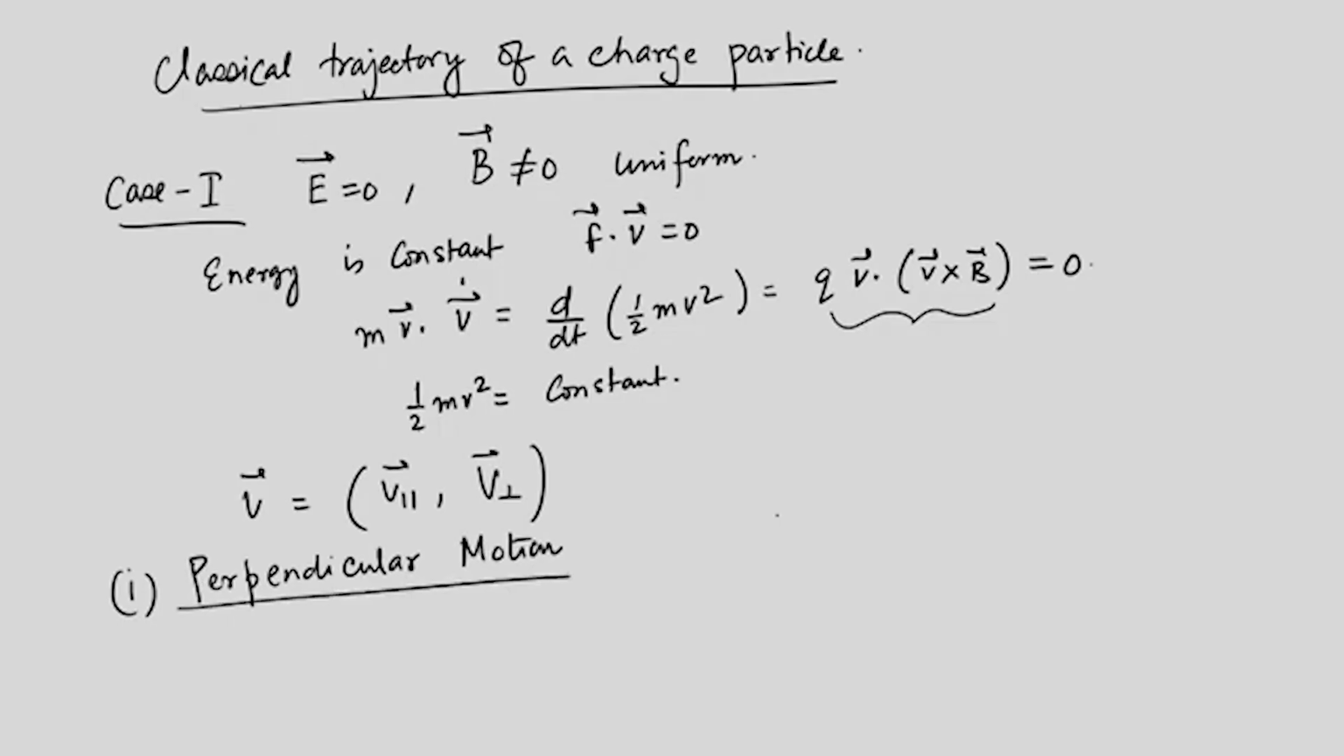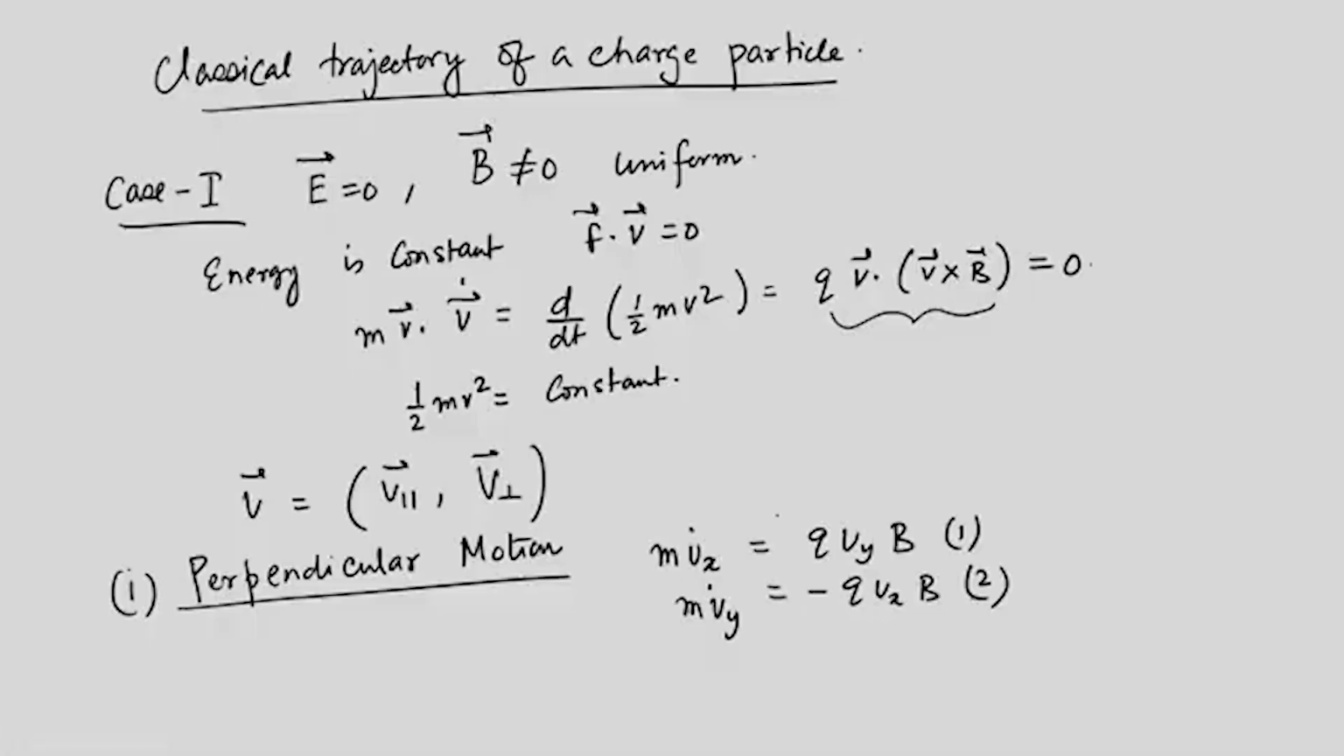Okay, and what do we mean by the perpendicular motion? So, we have m vx dot equal to q vy B. This is equation number 1, and equation number 2 will be m vy dot equal to minus q vx B. We are continuing with the same situation where E equal to 0 and B is uniform and not equal to 0, and we are just deliberating upon the nature of the motion, and this is quite